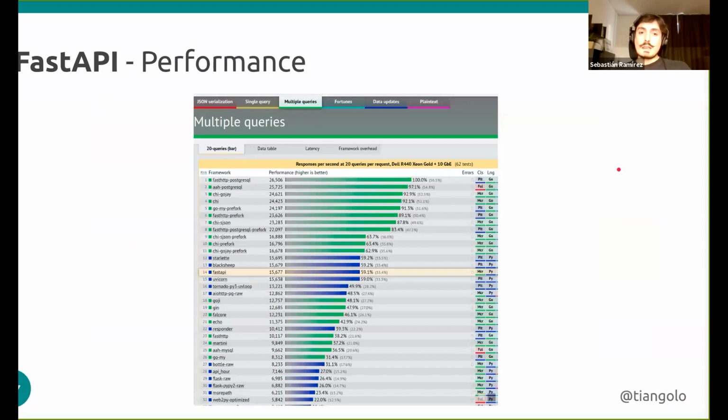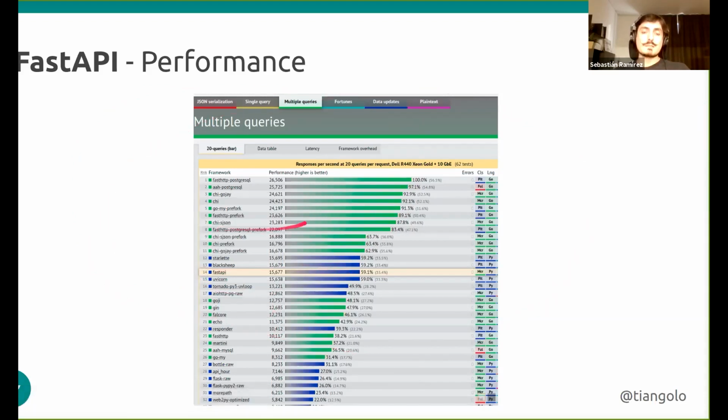So now, about performance. FastAPI is actually built on top of Starlette, and Starlette is the framework which gives all the performance to FastAPI. FastAPI is in the top rank of the performance available for Python frameworks. This is an independent benchmark. The blue things are Python.